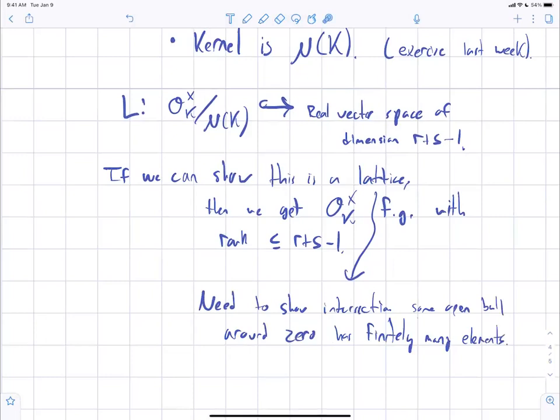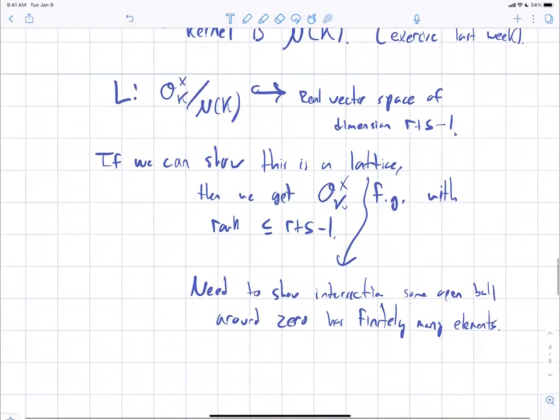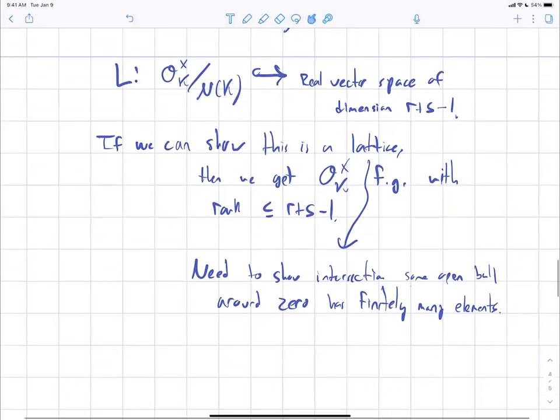Okay, and this is a good exercise to understand why that's true if you haven't seen it, but this is also somewhere in chapter 4 of Milne, if you just want to look this up if you're not familiar with this. Okay, good. That's basically